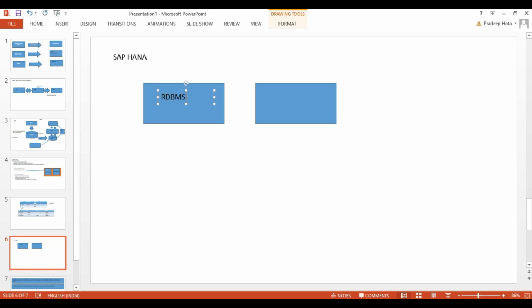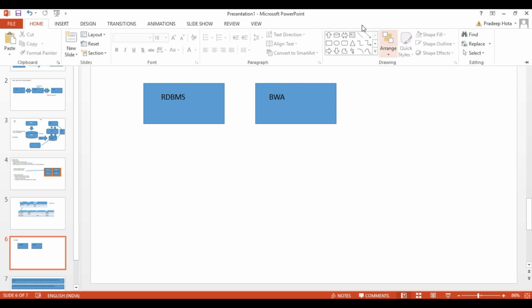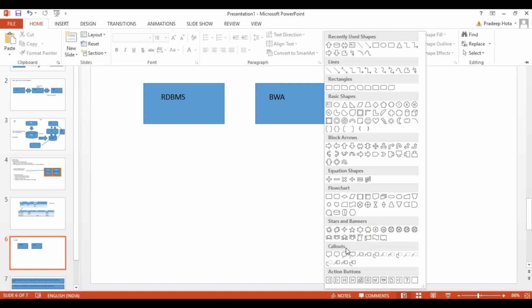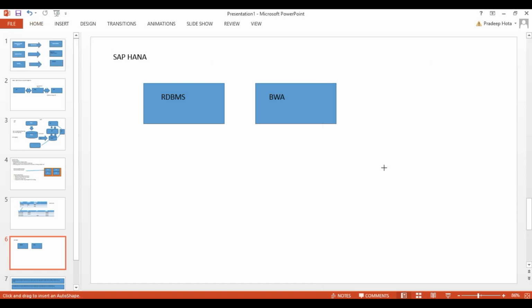Okay, so this is a regular database. Then SAP introduced this BWA. Now we are going to combine it. Altogether that will be our primary memory, or that will be your HANA database. Fine. So RDBMS plus BWA. That means we can say the in-memory database will be